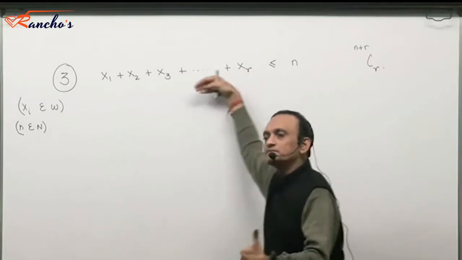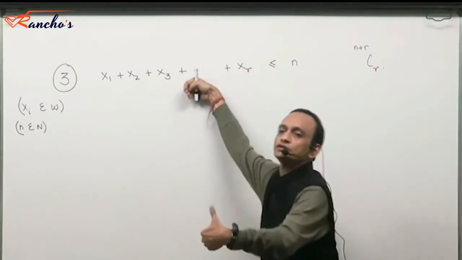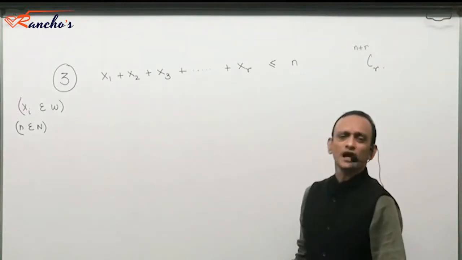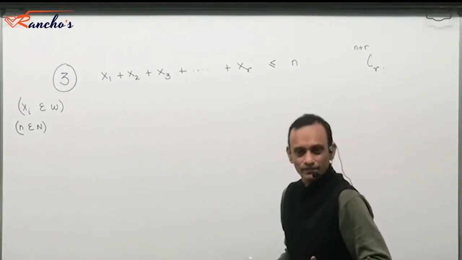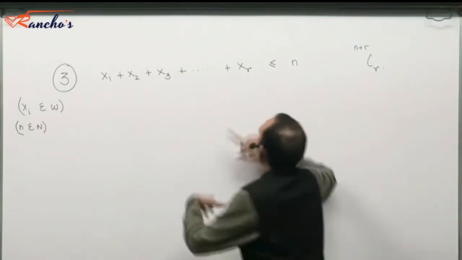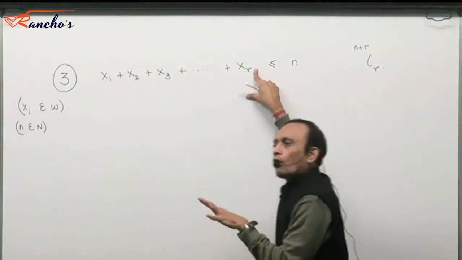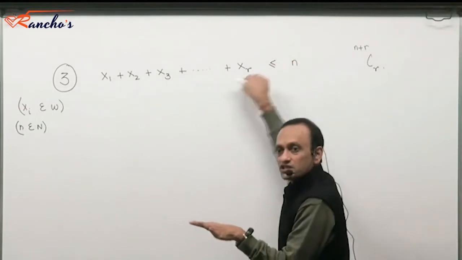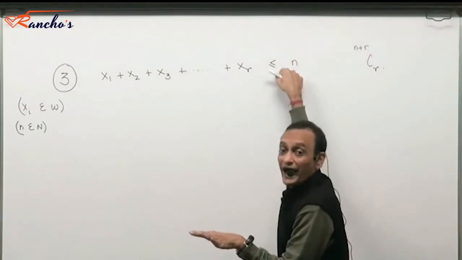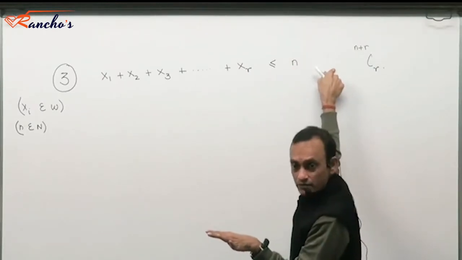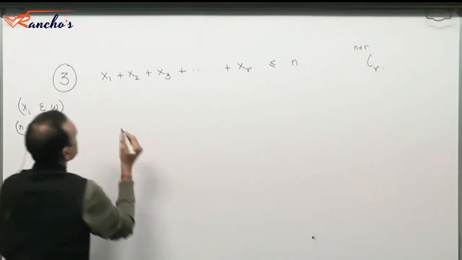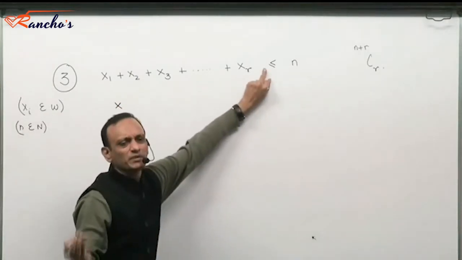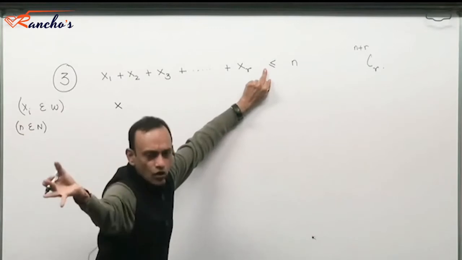Do you realize this is the number of non-negative integral solutions to this inequality? So it would make sense to first convert an inequality into an equality, right? Since this is less than or equal to n, I could add a whole number to this to make it equal to n, right? So what I do is I convert this by adding a dummy variable. After xr, I add a dummy variable x(r+1), which is a whole number.